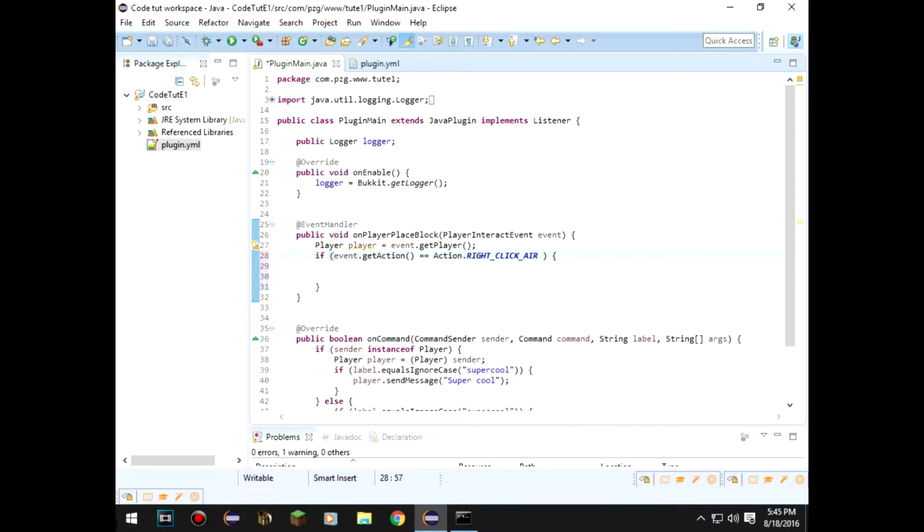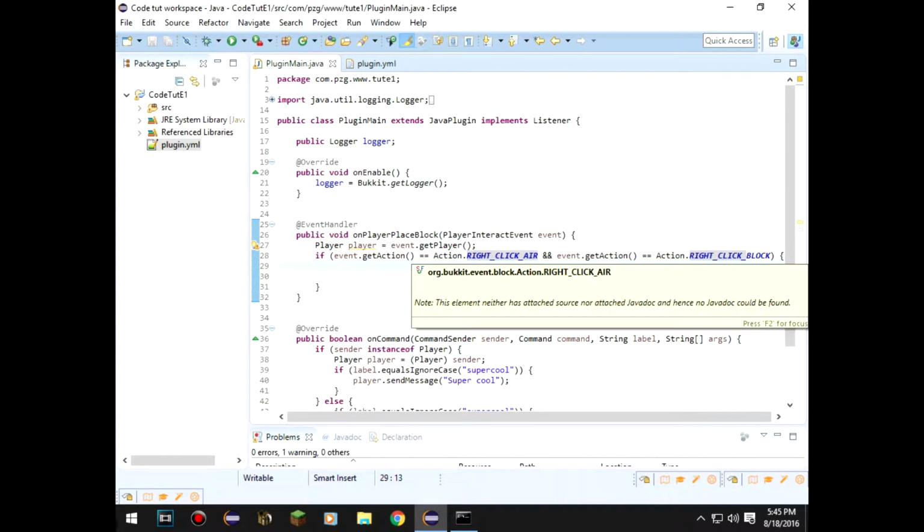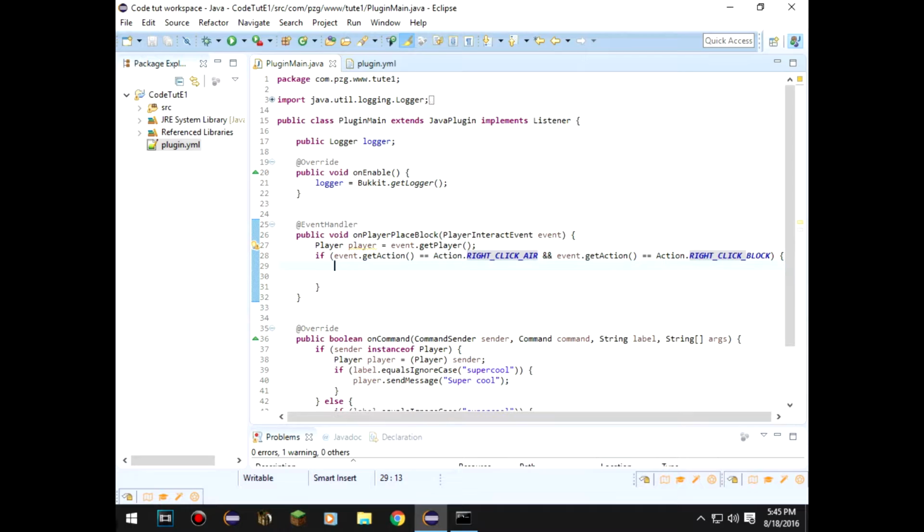So in order to do both of these in the same thing, we're just going to do and then we can go ahead and come over here and copy all of this just like so, and Control-C, and then come over here and Control-V. But instead of air, we're going to type in block, just like that. And now, if the player right clicks the block or the air, and we'll just do